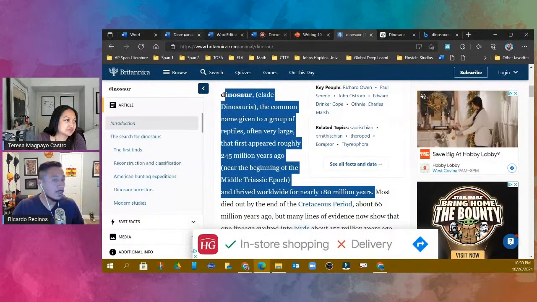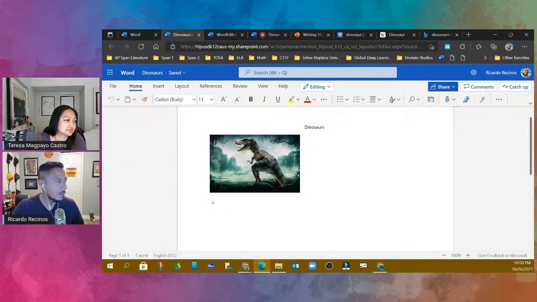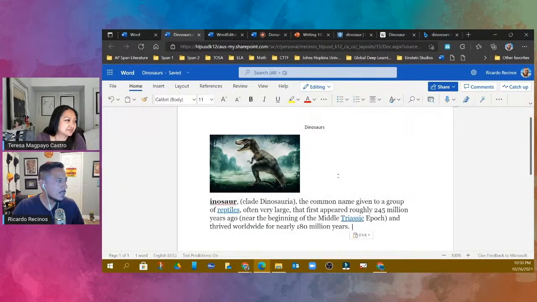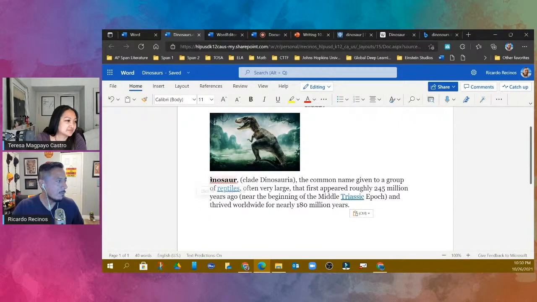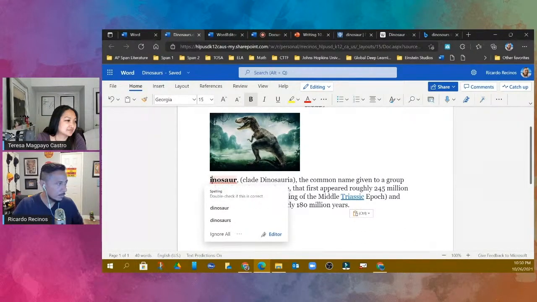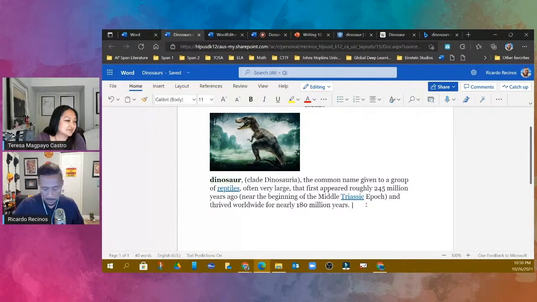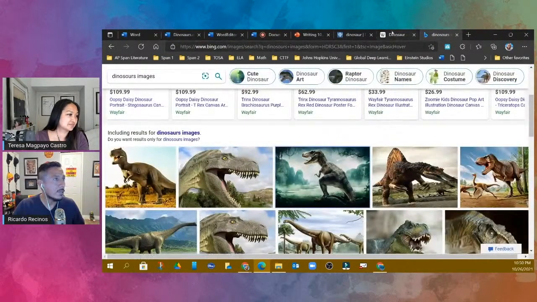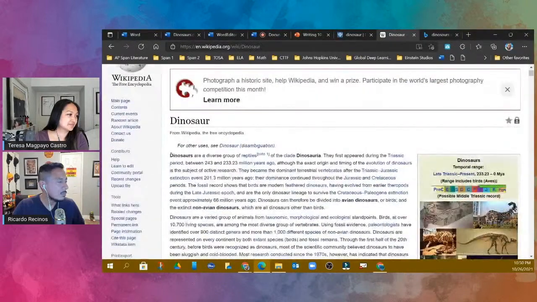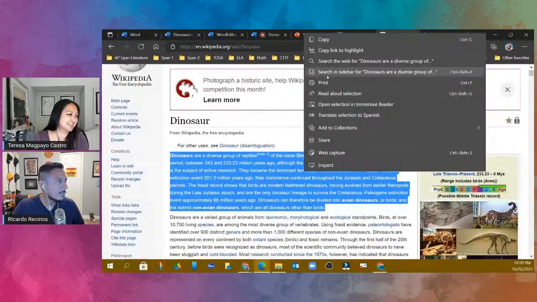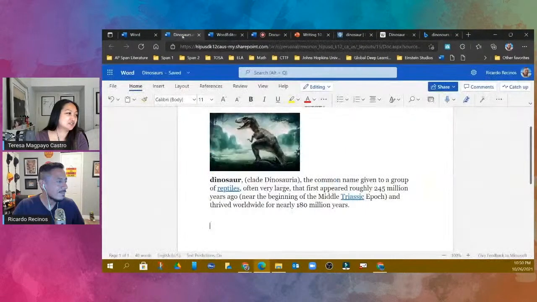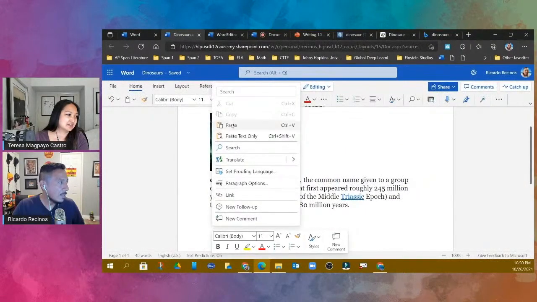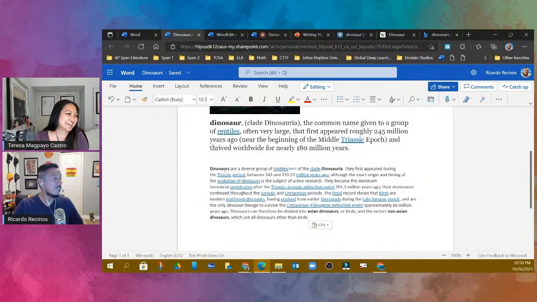Oh, did you lose my screen? Something happened right there. No, you're good. Okay, and I'm just going to paste that there. I think I forgot the D, right? Okay, and let me go ahead and go to our best friend, Wikipedia, and borrow something from there too. Kids, don't do this, Ricardo. I know they don't, but I just wanted to make sure that you knew that this was available too, okay?